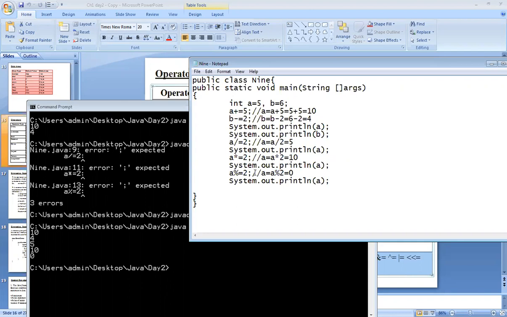Understood? Very simple questions are there. Actually, the operator is very simple, but it's required whenever you generate different types of programs for authentication purposes. In some banking applications, then in Geo application, you should know how to use the operators. It will minimize your time.